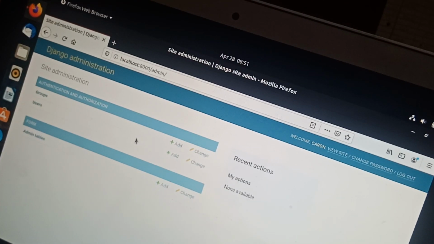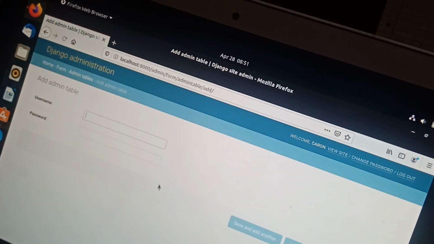We can click on the admin tables and create in the form app. Adding a username and password, we click add and give a username and password.